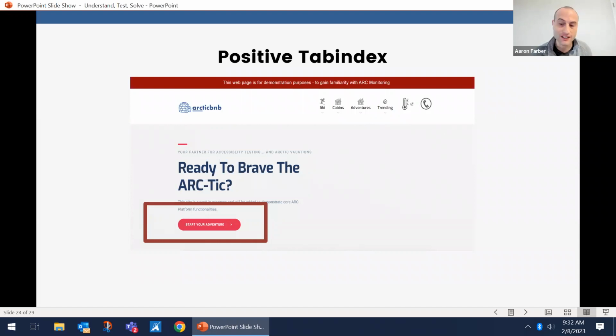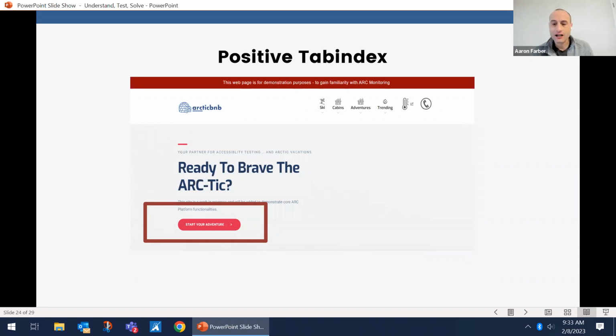So if it has a positive tabindex of 1, it's going to be the first element on the page. If we were to go to this site, when we tab onto the page, the first element is not at the start of the page. It's down here in this hero section, this call to action button, Start Your Adventure. So that's an indication that the page's focus order is not logical,